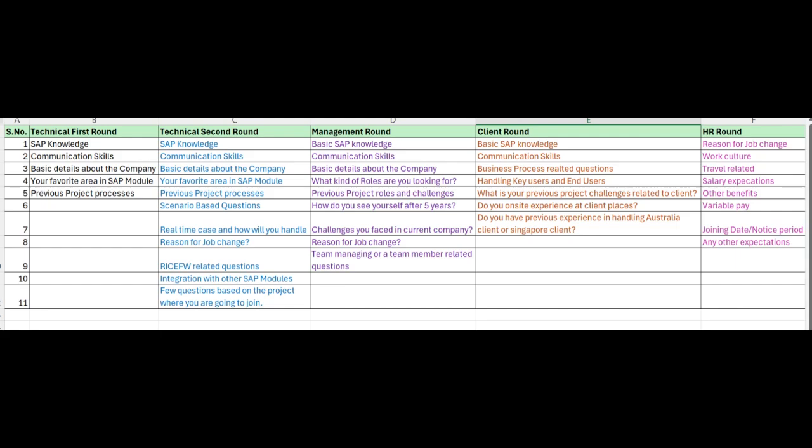Technical first round: few companies may do only one technical and directly go for a management round. And a client interview may happen immediately if they are recruiting for a client. If they are recruiting for a general pool because they want to maintain a certain bench, or they're expecting a few projects in the coming few weeks, at that point of time, the client interview will not happen immediately. You may have to wait a few days until they have finalized the client. Then they will allocate you the client and plan for the interviews.